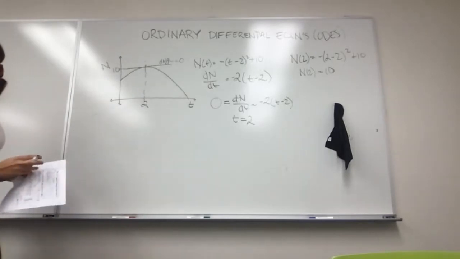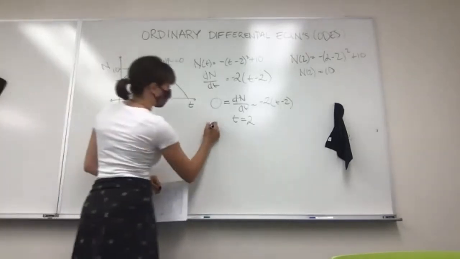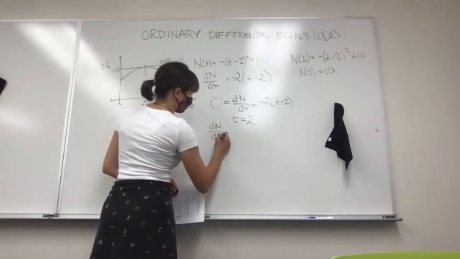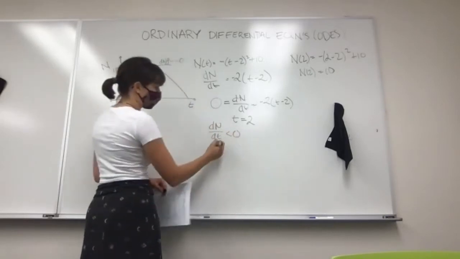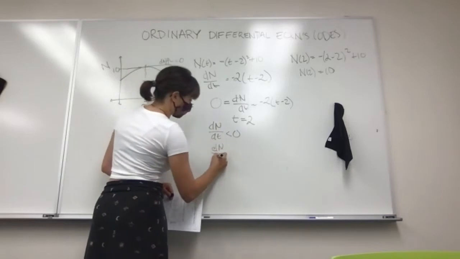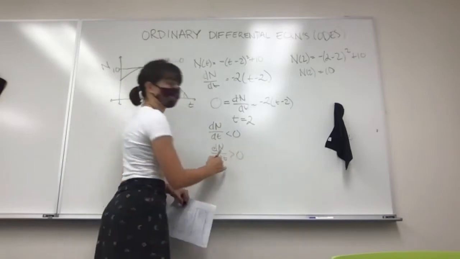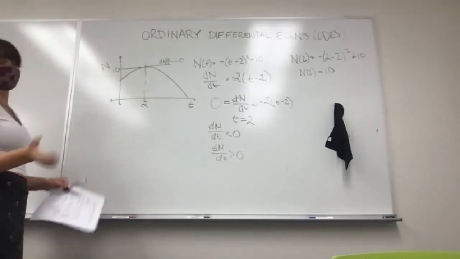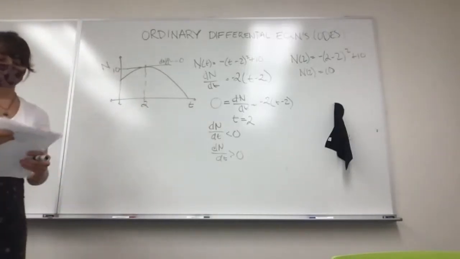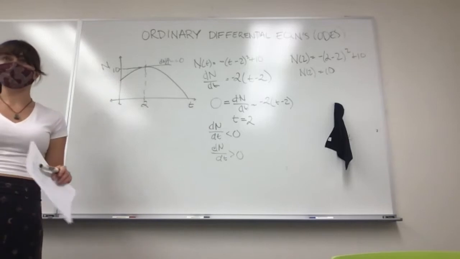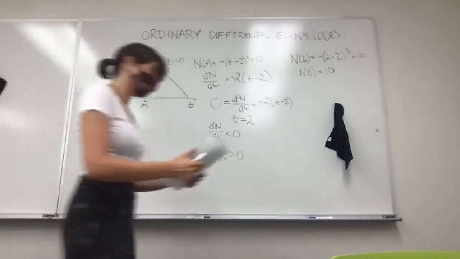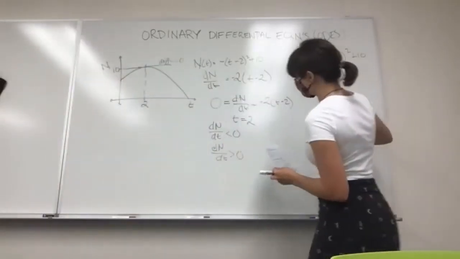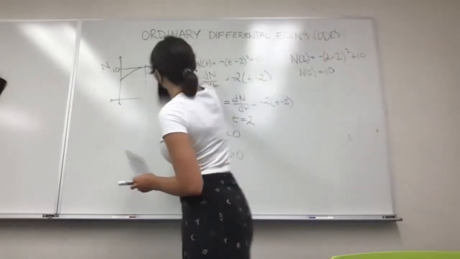And by the same extended logic, we can also find where dn/dt is less than 0, so our population is shrinking. dn/dt is greater than 0, so our population is growing. And you can plot that out visually as well. So are we all together? Great. Okay, so